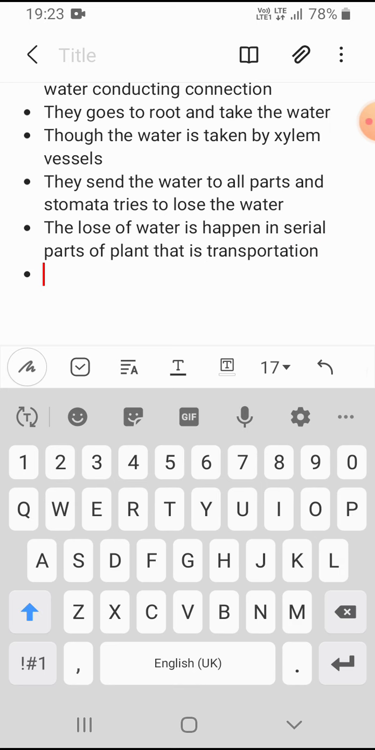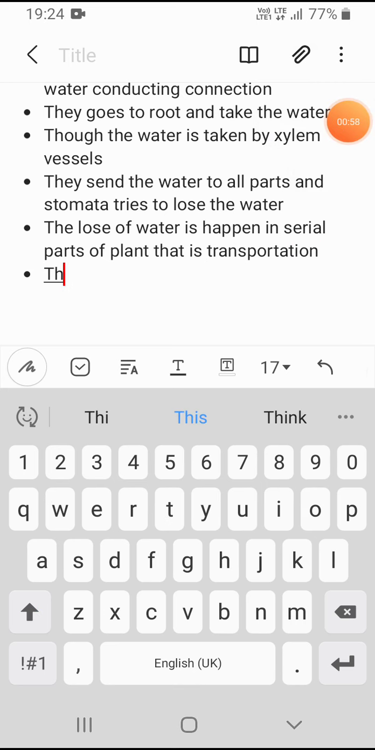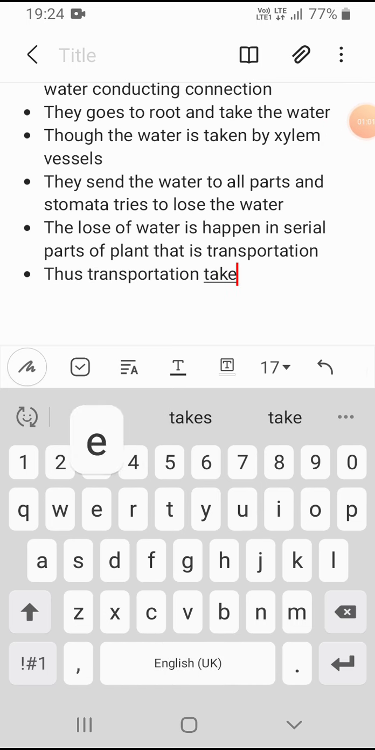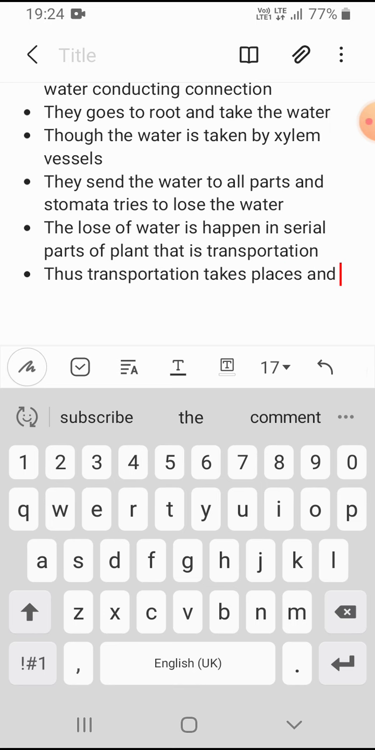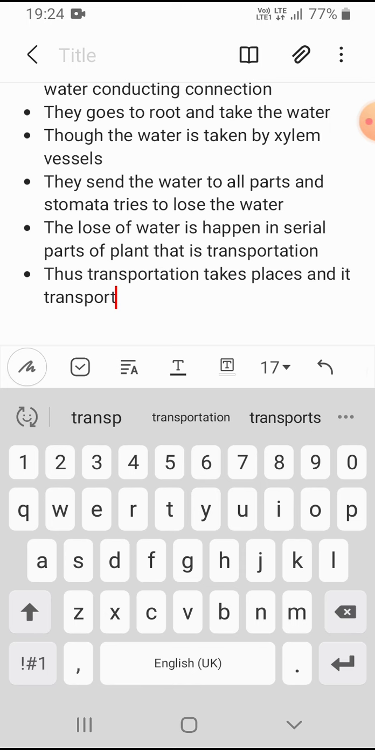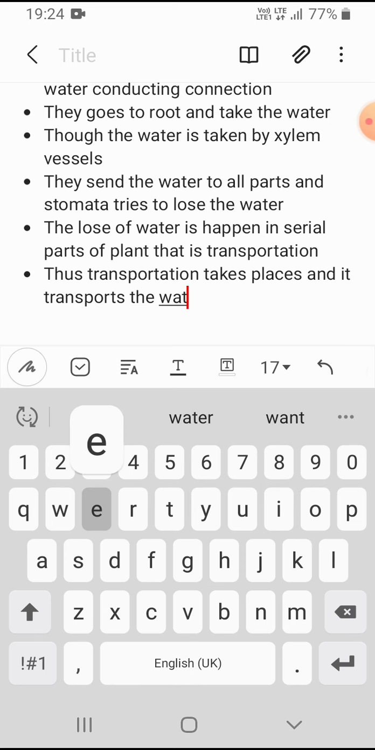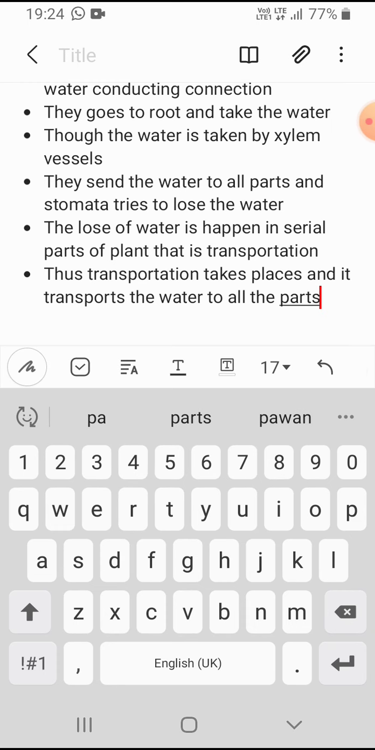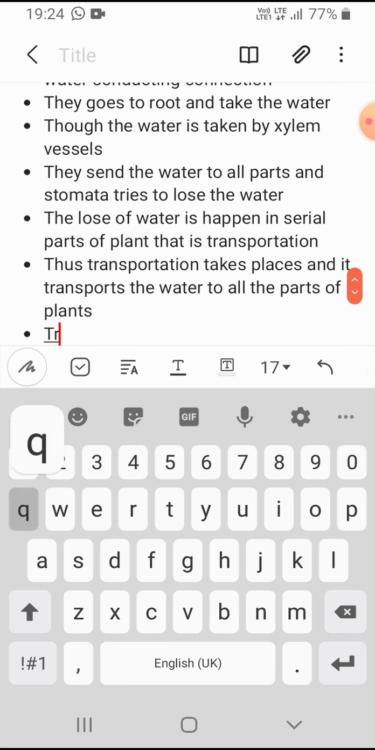And transportation takes place and it transports the water to all the parts of plants. So next, let's know about transportation in